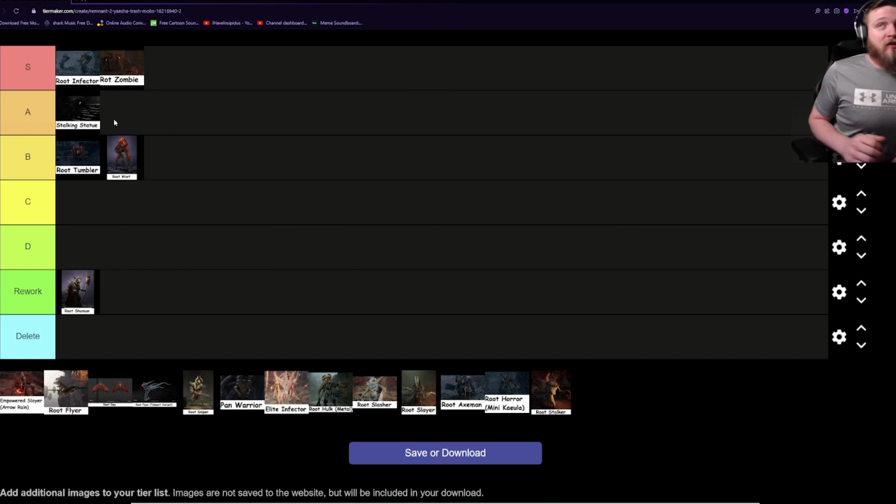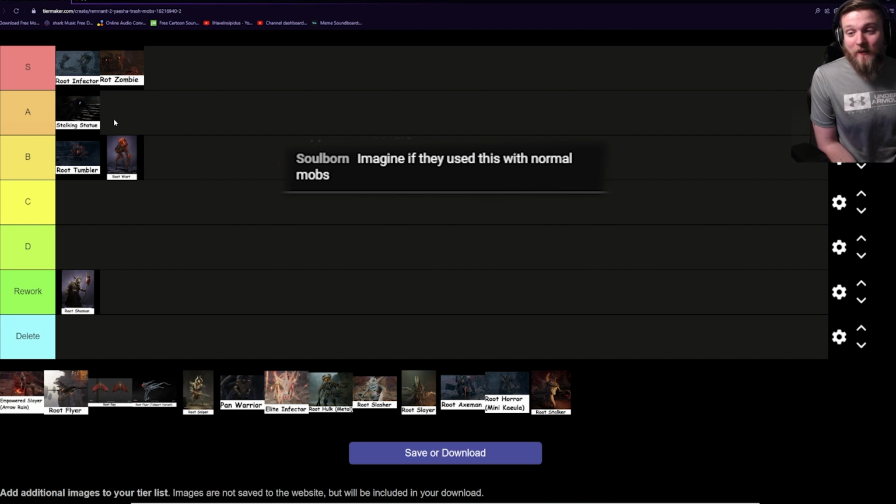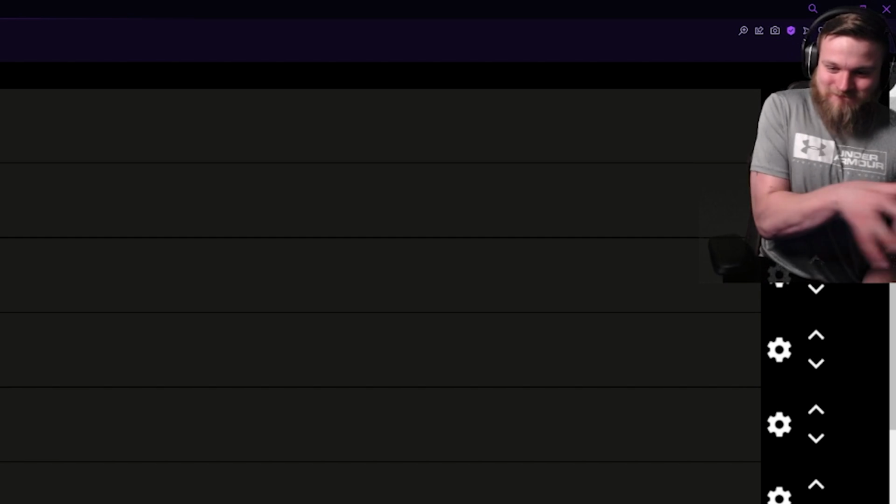Oh, Dylan, sing your sweet tunes to me. Sing your sweet tunes to me. I am influenced. I'm influenced. Imagine if they used this with normal mobs. Just...